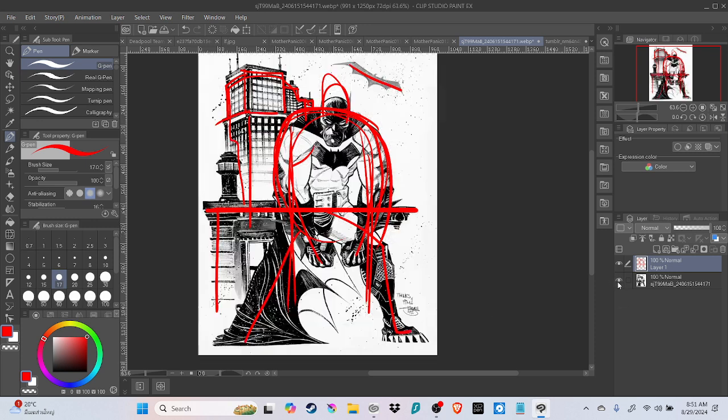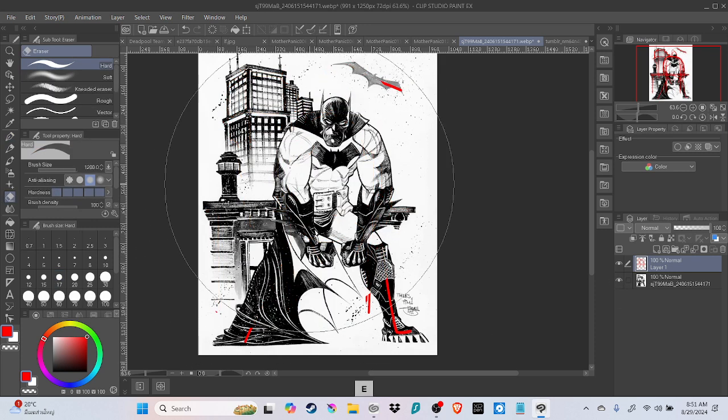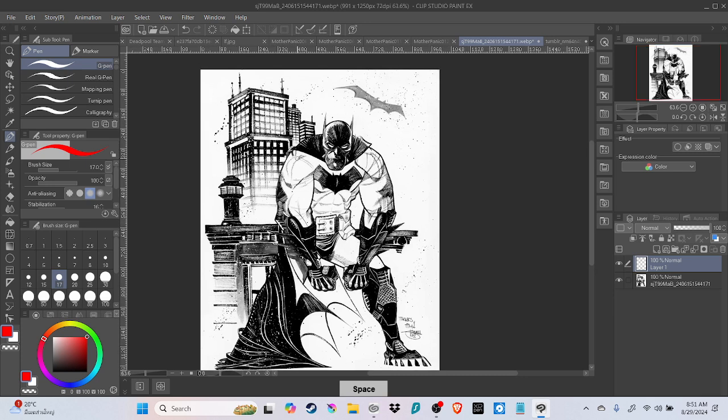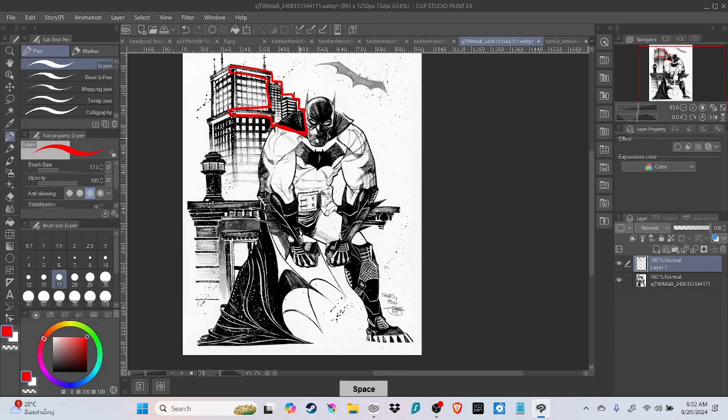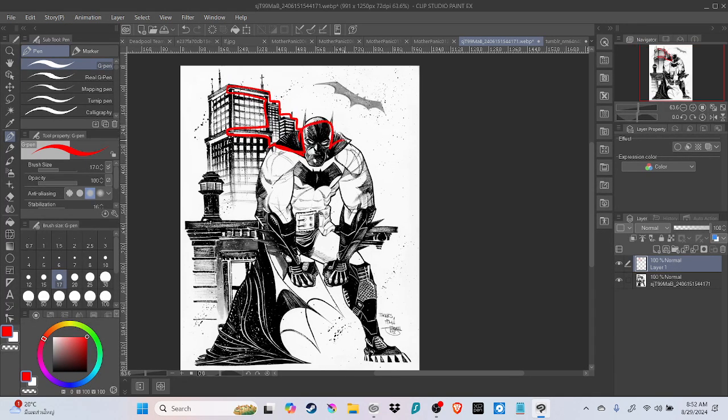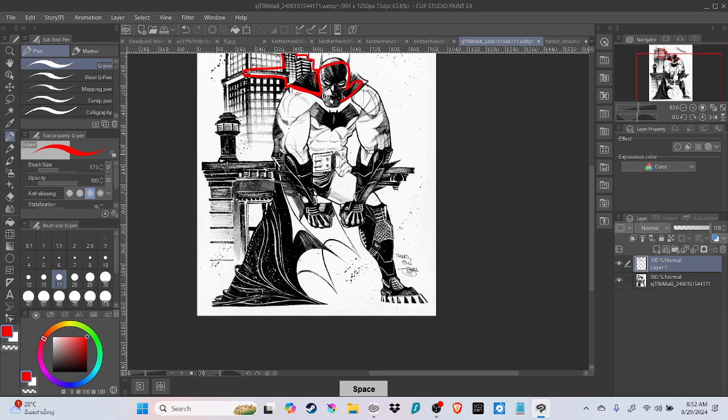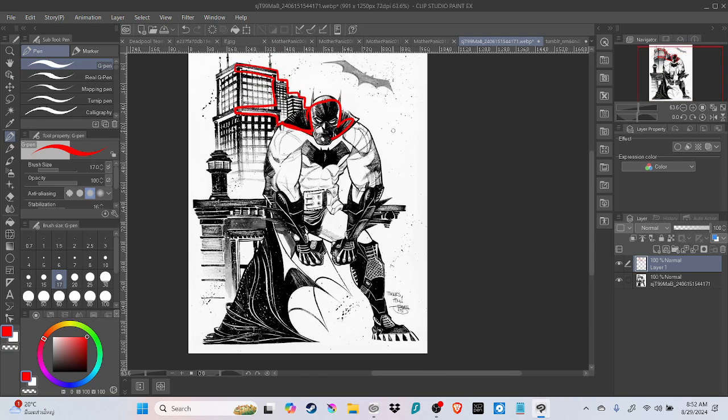So if I turn this layer back on and we look at it, we can see that we have the same sort of thing I've talked about before. We have these interesting groupings of these black tones that point our eye in a specific direction. And we have almost the opposite of what we had before, which is that we have these black tones